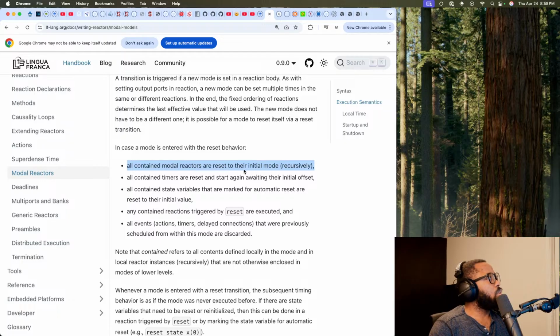By contained, I think they mean, because we read earlier on the page that a mode has its own reactions, but it can also instantiate its own component reactors.